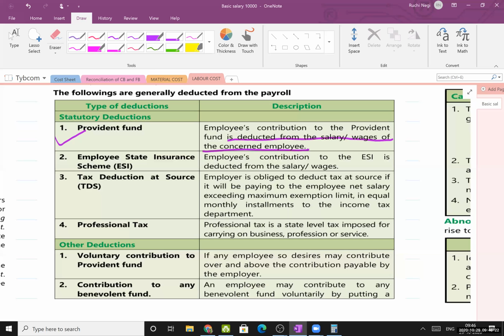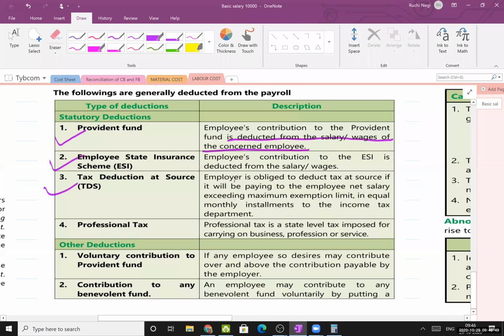इज दैट क्लियर? ओके. सेम ईएसआईसी, मैंने ये कॉन्सेप्ट भी बताया था ईएसआईसी वाला. आई सेड जो येलो कॉलर जॉब्स एम्प्लॉय होते हैं उनको पीएफ नहीं मिलता है, उनको एज पर फैक्ट्रीज एक्ट 1948 ईएसआईसी मिलता है। सेम चीज़ है बट पीएफ वाइट कॉलर जॉब्स के लिए होती है और ईएसआईसी येलो कॉलर जॉब्स के लिए होती है। ओके, देन टीडीएस,